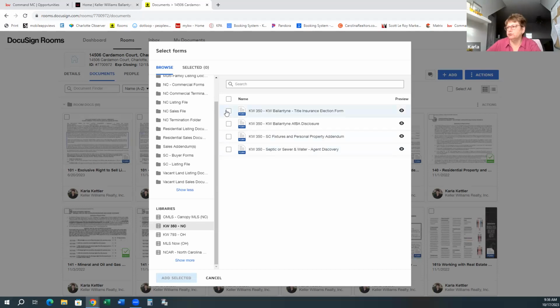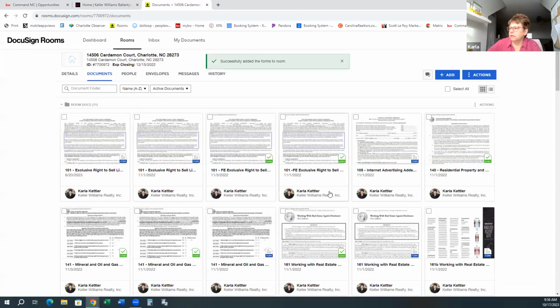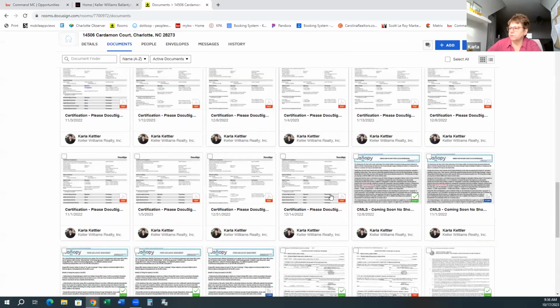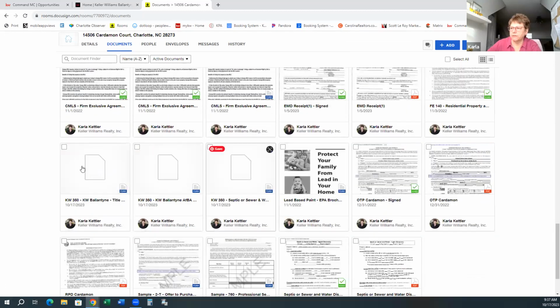Okay, so once you choose those, you click on what you want out of here, and then you add the selected. Once you add the selected, if I put it in here, it's going to go into my rooms, and it'll show up like this. And you'll see this says form. So if I click on this